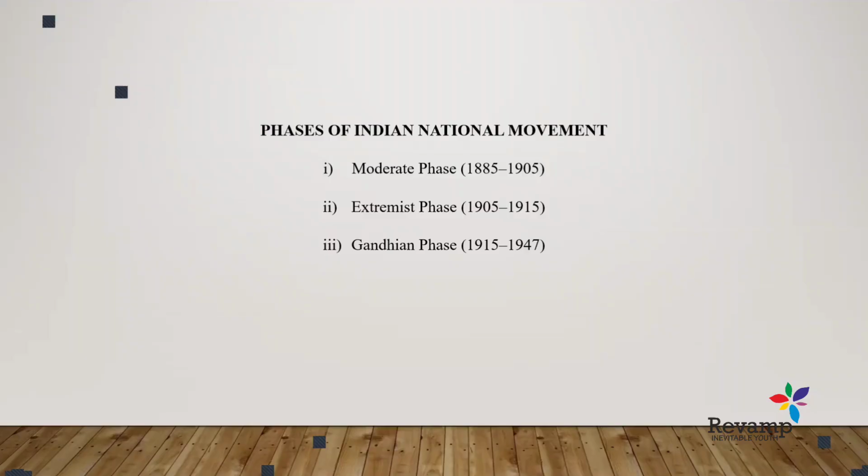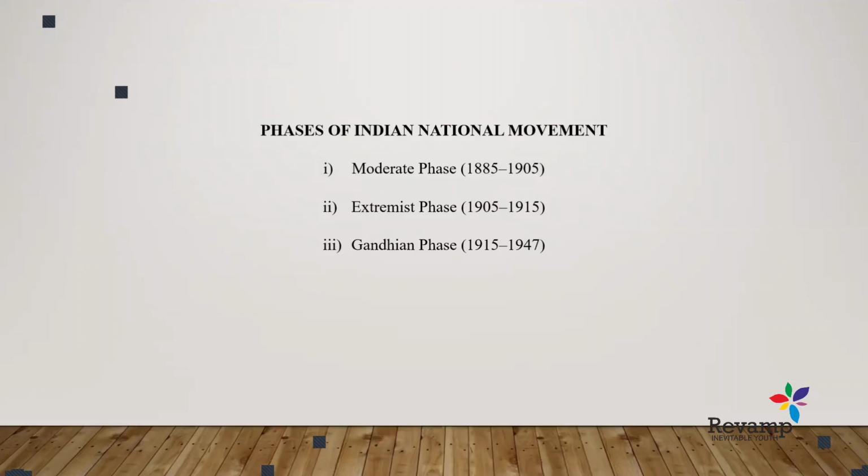There were three important phases of the Indian national movement, the first being the moderate phase of 1885 to 1905. The moderate phase started from the formation of the Indian National Congress and lasted to the year 1905. What happened in 1905 was one of the most crucial movements in Indian national history, the partition of Bengal, through which there was a rebellious phase. The extremist or radical phase evolved, with its start assumed to be in 1905, and it was in practice till